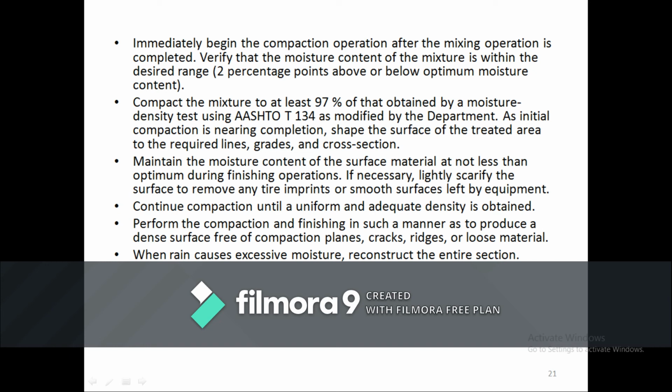When rain causes excessive moisture, reconstruct the entire section. If, after you have done the compaction, water is seen, then what is the next thing we need to do? Again, if the rain comes, the total procedure has to be reconstructed.